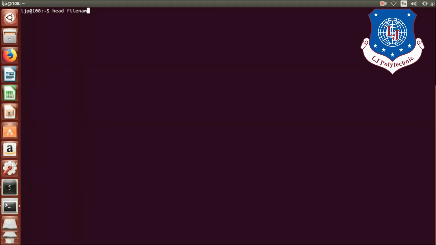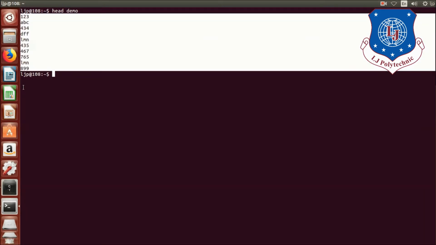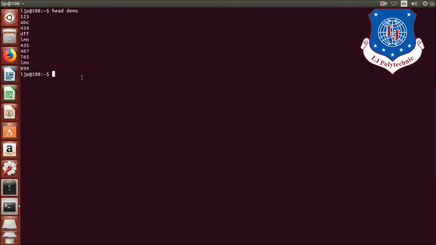So here I will write head space the file which I have created, that is demo. I will write down that file name and then press enter. So as you can see, it displays first 10 lines from demo file.